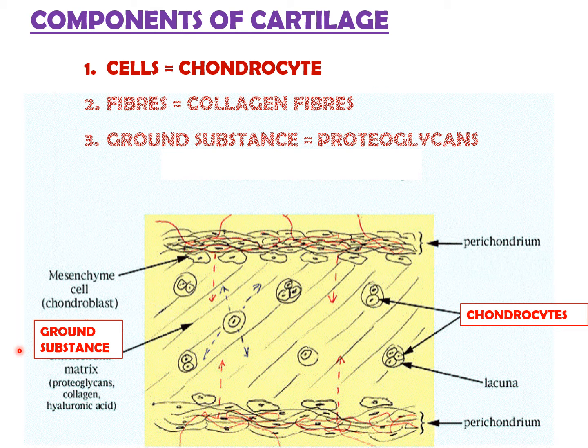So what is the ground substance? The ground substance forms the major component and makes up to 95% of the volume of the cartilage. The ground substance is made up of complex molecules containing protein and carbohydrate, the proteoglycans. Along with the water content, these molecules form a firm gel that gives cartilage its characteristic consistency. The carbohydrates are chemically glycosaminoglycans. Multiadhesive glycoproteins bind chondrocytes and the matrix molecules. So this is the ground substance, the major component of cartilage.